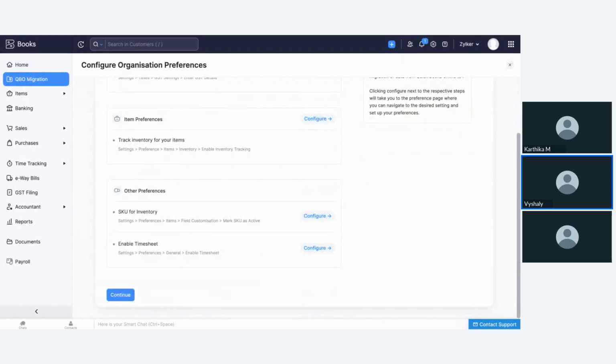Now that we have configured the preferences, we can start with the data import using the QBO migration tool. Before we start with the QBO migration fetch, a few things need to be clarified. The first thing is the data import of masters. The masters include your customers, your vendors, your chart of accounts, and you'll also be able to import your items